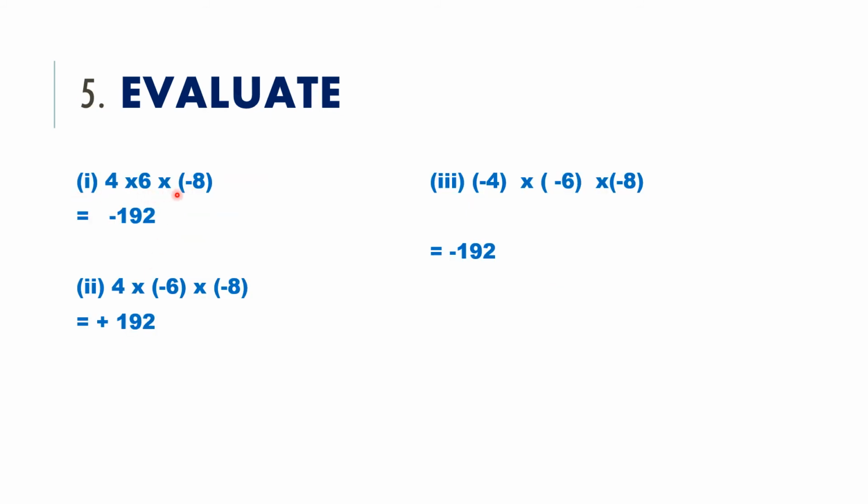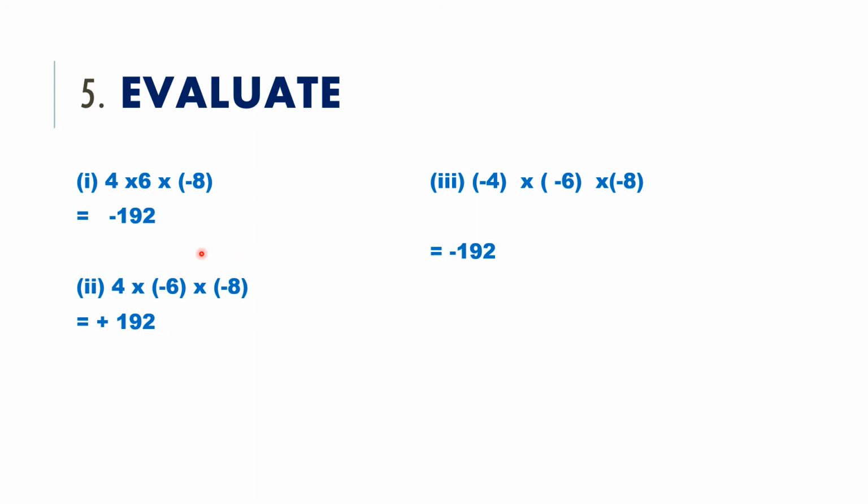Now we have a little bit longer one, now we have three integers. So this is positive, this is positive, this is negative. So in such cases what we should do, we only look at negatives. If the number of negative integers is odd, like 1, 3, 5 or 7 negative numbers, the answer will be negative. But if the number of negative integers is even, that is 2, 4, 6, 8, then the answer will be positive, because the even numbers will pair together and minus will become plus.